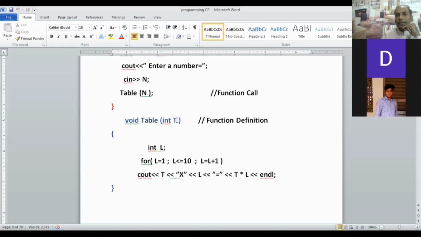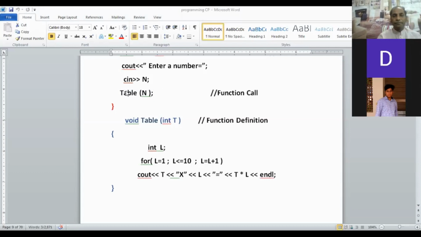N. In the function call, we pass the variable n within the braces as an argument for this table function. 7 has been passed in the shape of the variable.